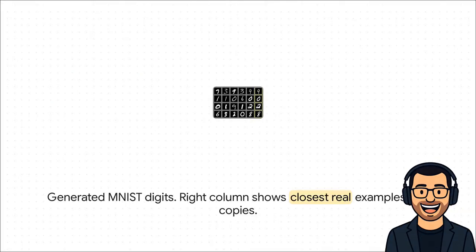So these were the first results, trained on that famous MNIST dataset of handwritten numbers. Now, they might look a little basic to us today, but believe me, in 2014, this was a huge deal. And check out that column on the far right. The authors cleverly included it to show the closest real digit from the training set. Why? To prove that the network wasn't just cheating and memorizing. It was genuinely creating new digits from scratch.